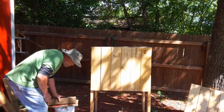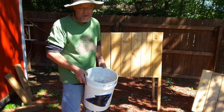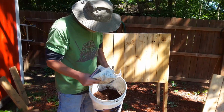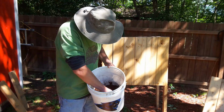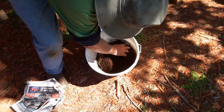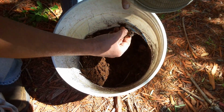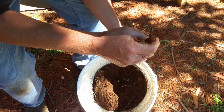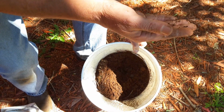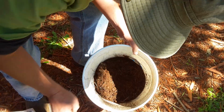And these are the worms here. They came in Thursday night, and like I said, I got 1,000 of them. Let me see if I can pull some out here. They came in a box, and I put them into this pail. They're probably way down there because they like to hide. Oh, here's some right here. They're real skinny right now because they lose weight on their journey. It took 3 or 4 days to get here, but they will grow and get a whole lot bigger,